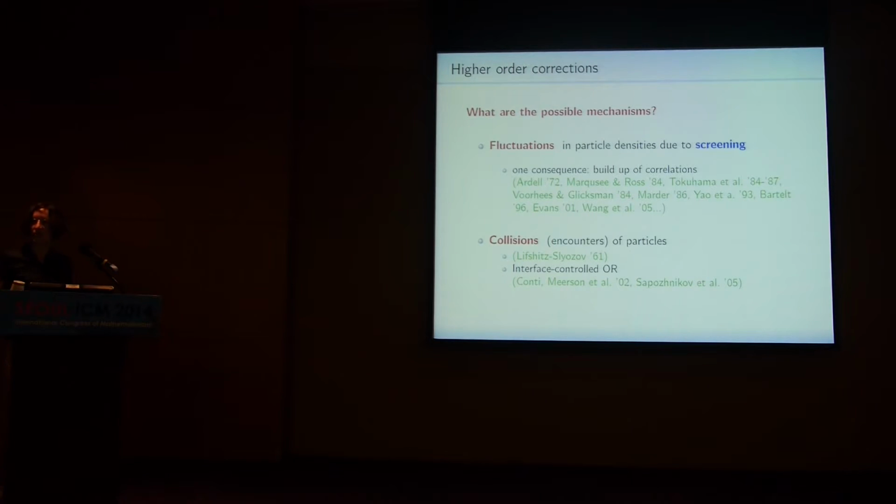Remember, the main assumption in the LSW mean field theory was that one particle sees all the others in the same way. All the other particles contribute in the same way to the mean field, the far field at infinity, that turned out to be the average radius. But this neglects the screening effect. This is the same as in electrostatics and says that one particle is screened from the particles further away by the particles in the neighborhood. And the general belief is that one consequence is the buildup of correlations, and this again would predict larger coarsening rates. What I mean by buildup of correlations, well, the idea is as follows. You look at the system, your system has run for a long time.